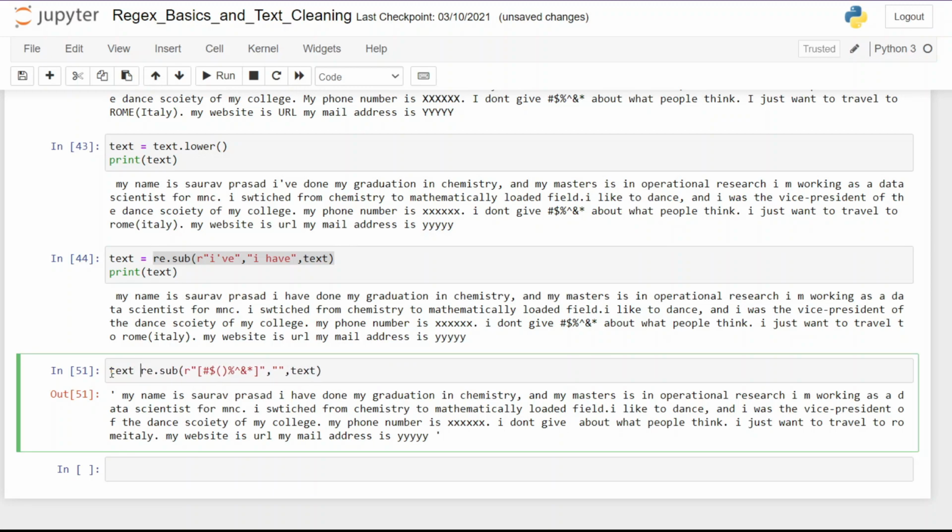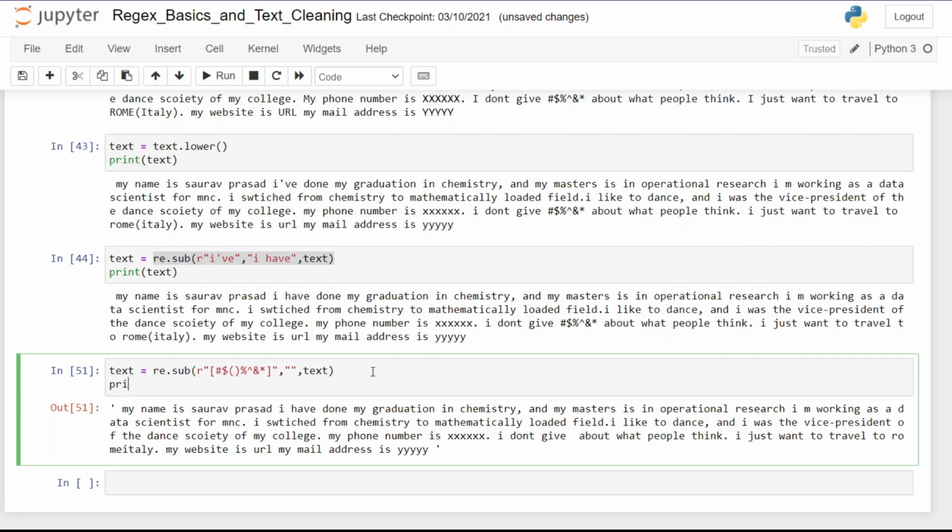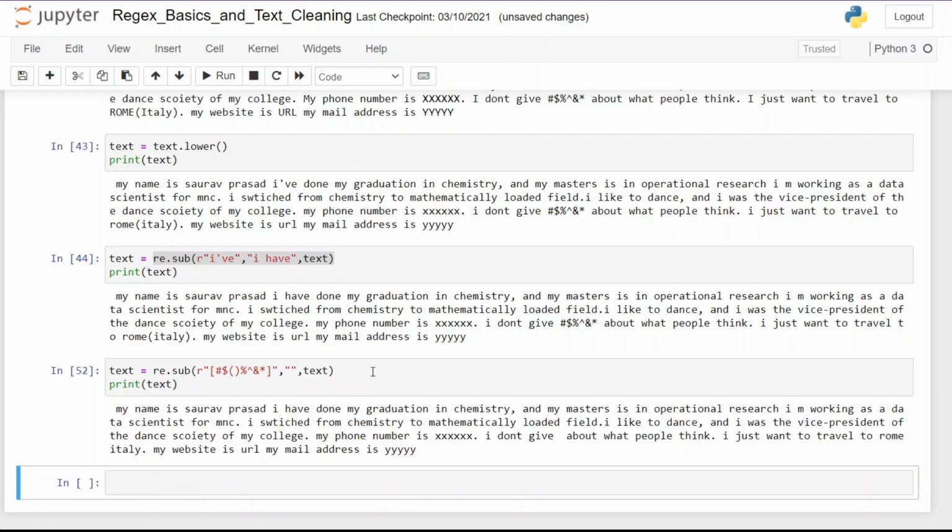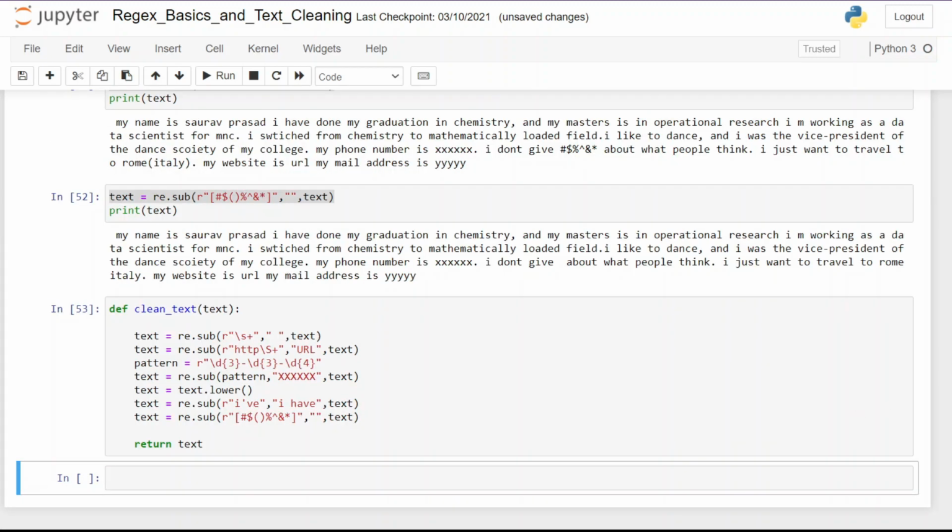Next I am going to create a function. Since we have discussed all these steps, we are just going to make a function using these steps. So I'm just going to copy paste the code. Here we have the function, and it takes only one input, that is the text itself. Then it does all the operations that we have talked about. And the good thing is that you can add as many steps as you want. So just build a general text cleaning function and use it on projects. You can change it according to your project requirements.